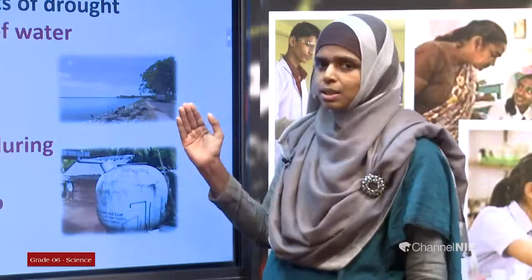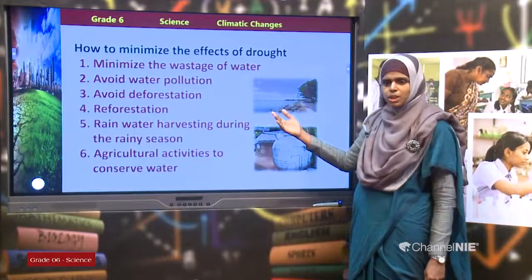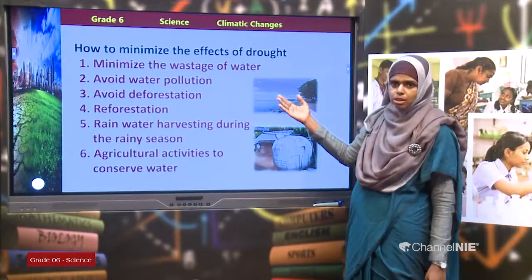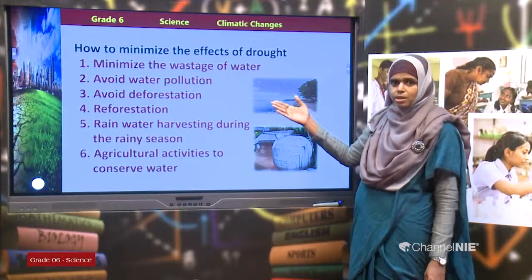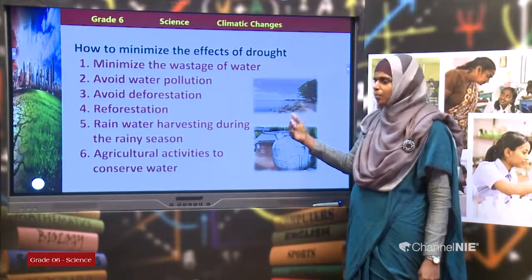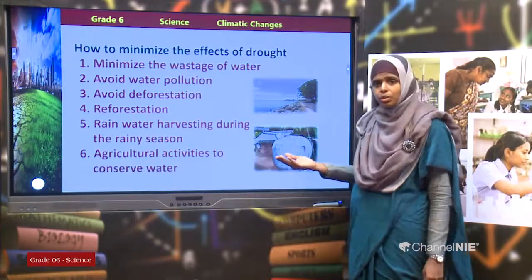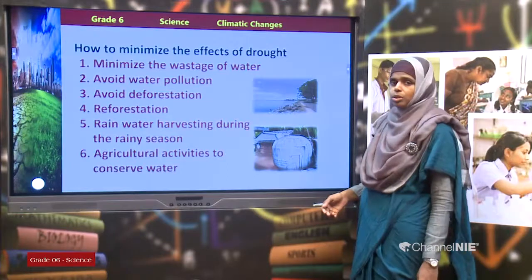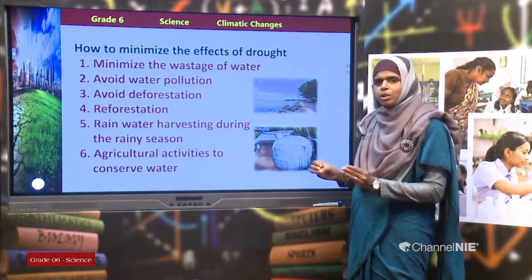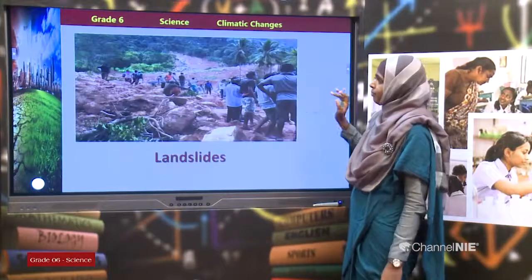So, these are the things, although you need not memorize, you can take some steps in order to prevent drought, children. That is why I mentioned this. These are not required in your syllabus, but still as small children you can implement this in your day-to-day life and you can contribute in order to avoid drought. We can do small things. If everyone starts to do small things, that would create a big impact.